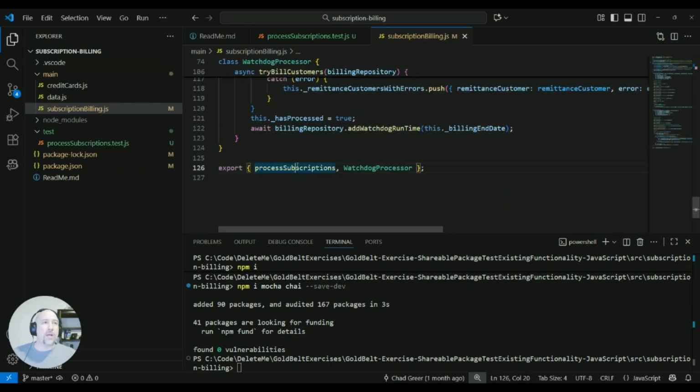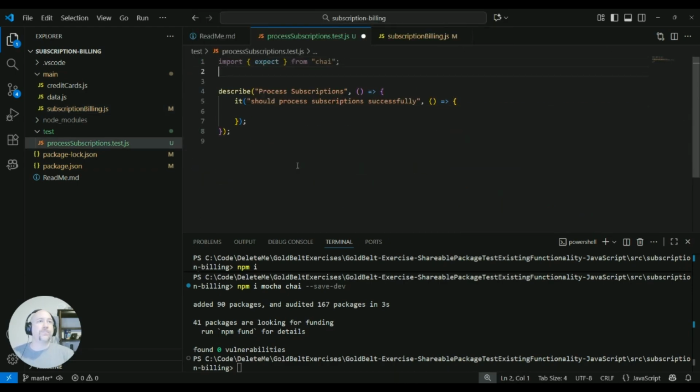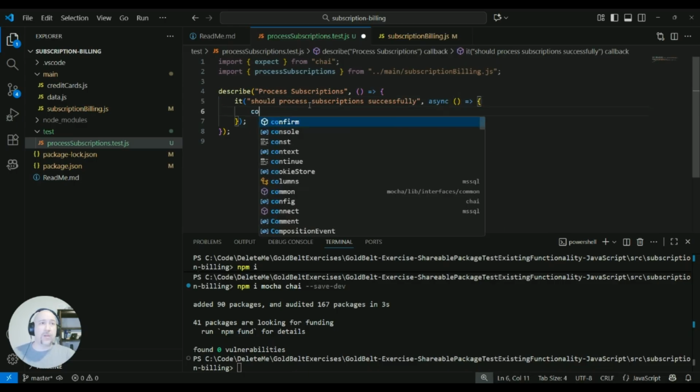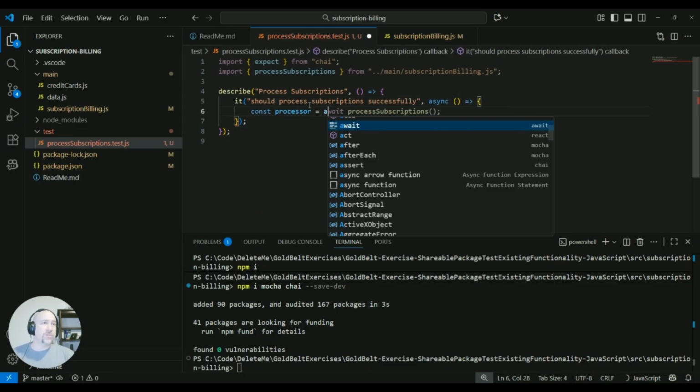So let's import the ProcessSubscriptions now into our test. And that's exactly what I was looking for. Thank you, AI. So we want the ProcessSubscriptions from, go back to subscription billing, and then actually we don't want that. It's not quite right. Go back into main, and then subscriptionbilling.js. So from here, we do need this to be async because we're going to call into an async method. And we'll say processor equals await